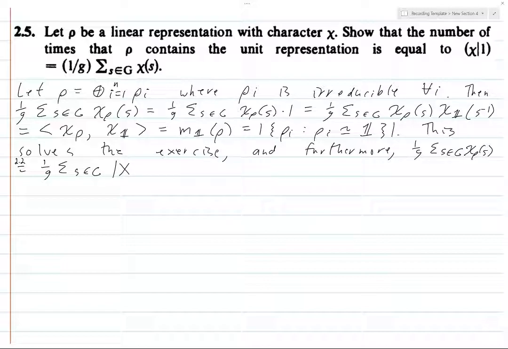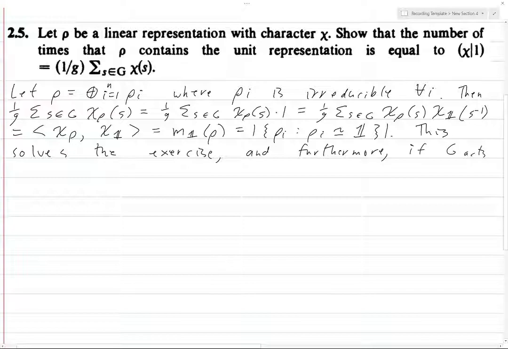G is not acting on a group X. And furthermore, if G acts on a set X, then 1 over G